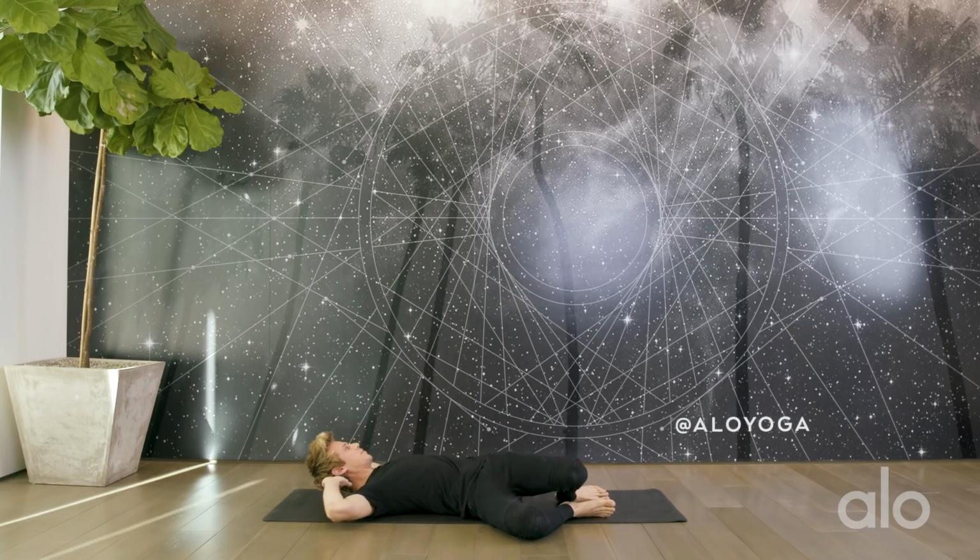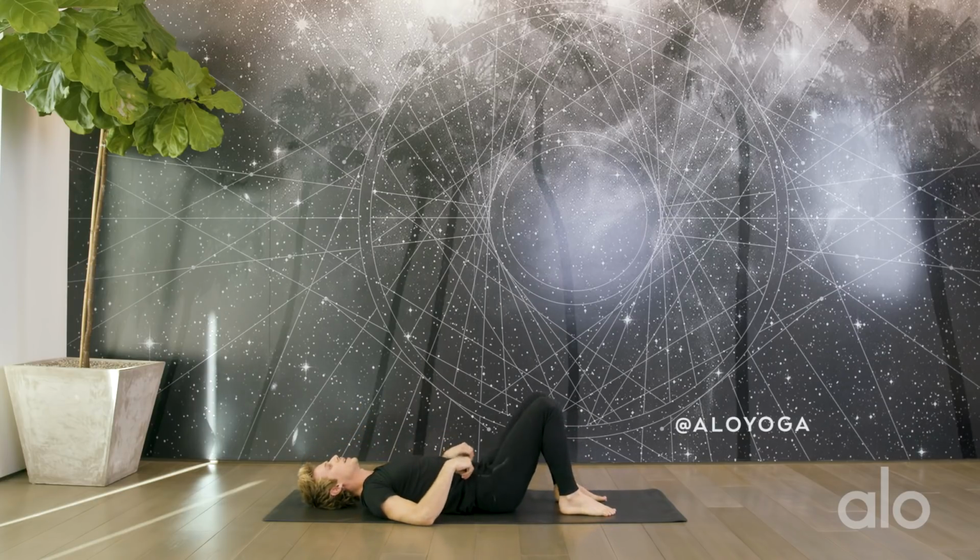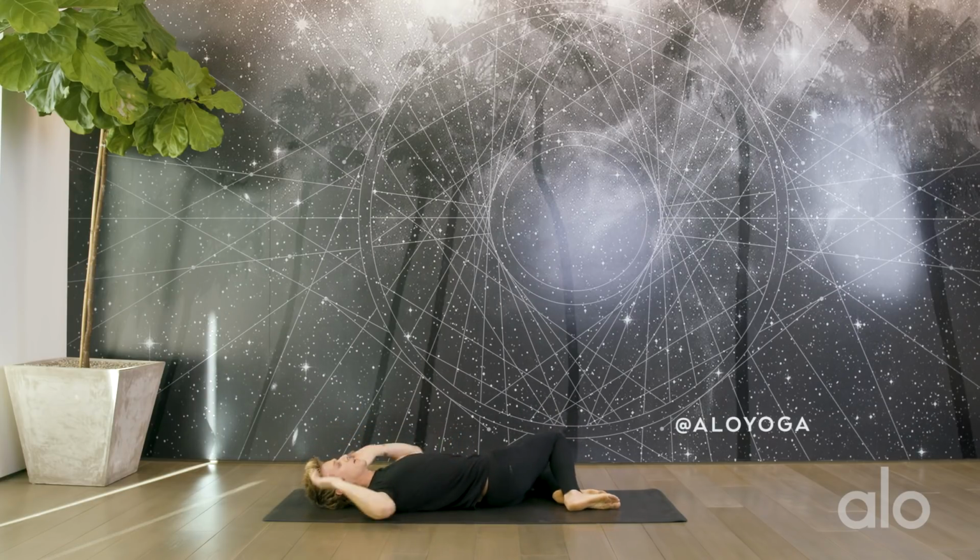Bring the hands behind the head and pulsing up for 1, 2, 3, 4. Think of drawing your chin to the ceiling. 8, 9, 10. 10 more. 3, 4, 5, bringing life into your core. 7, 8, 9, 10. Inhale up through center and draw your knees over to the left this time, pulsing up